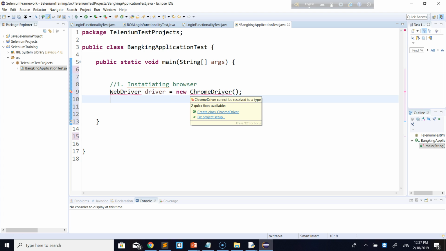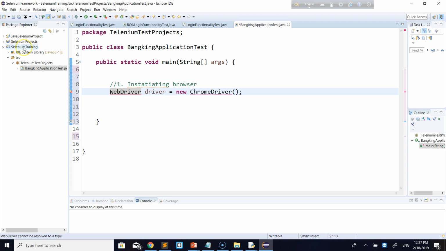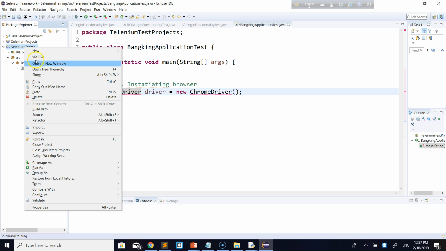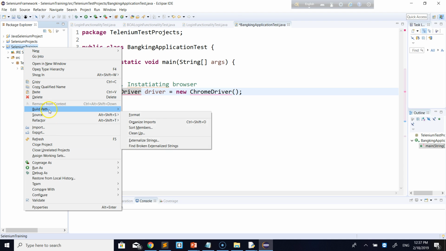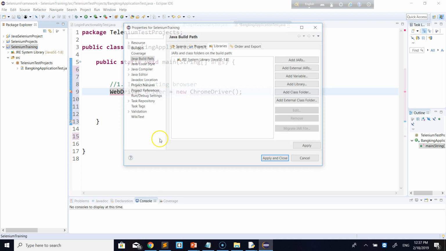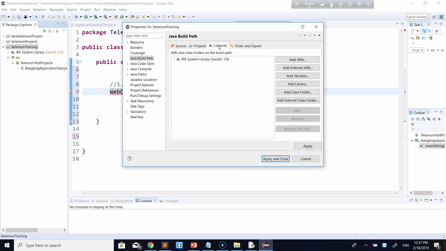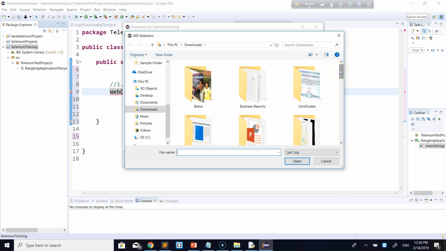To remove the error, what we have to do, we have to click on the Selenium training project, Java project, then go to build path and click on configure build path. I click on library. We see in the library we have the Java runtime environment system library. It's right here, but we don't have a Selenium jar or library. To bring the Selenium jar, we have to click on add external jars and find